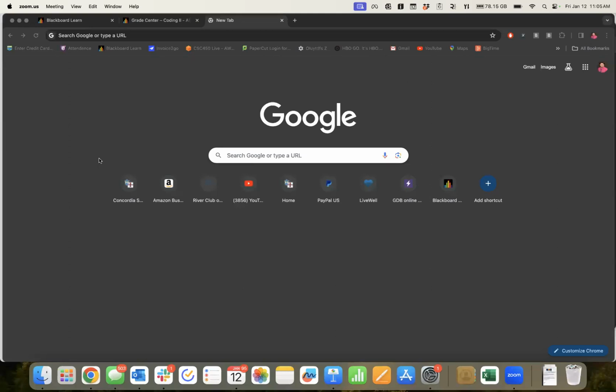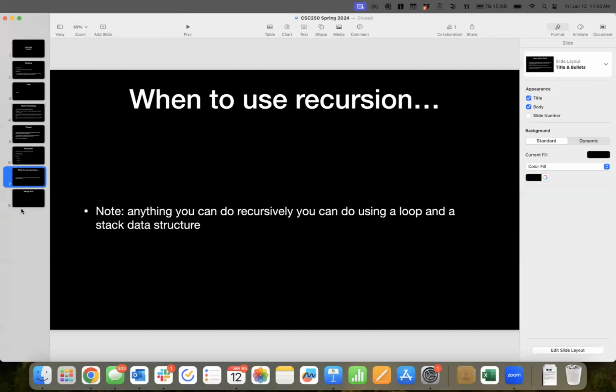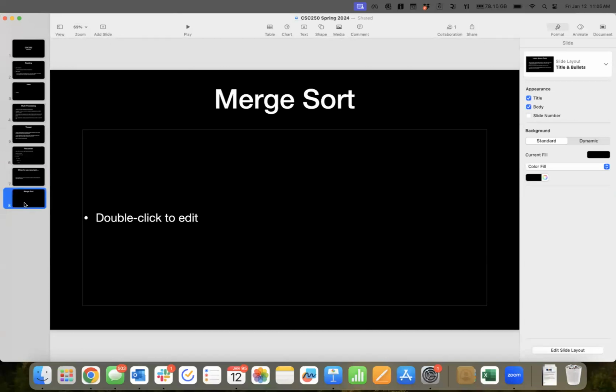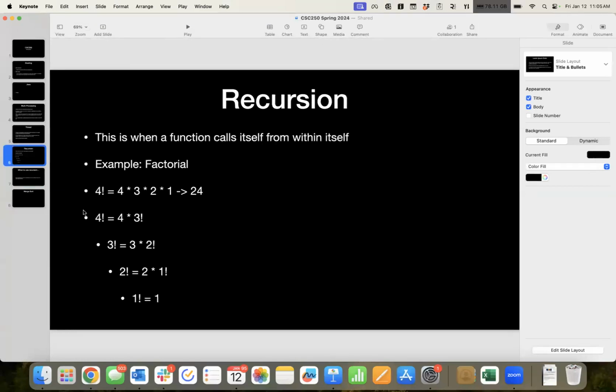Okay, so as promised, last time we talked about recursion, and we looked at recursion through an example of the factorial function. So recursion is when a function calls itself from within itself. So for example,